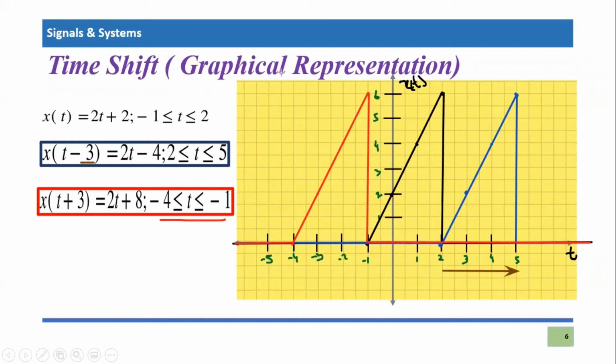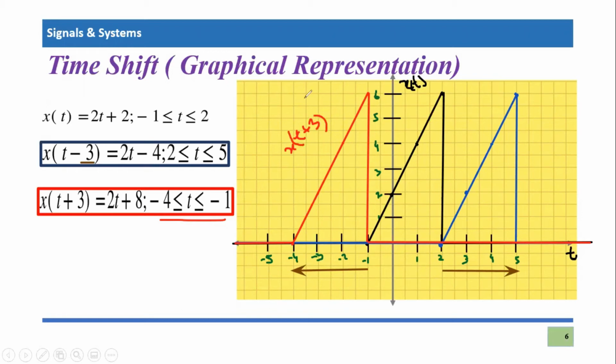So if you compare the signal, the same that we did earlier, you can see that this point has shifted to -1, and this 2 is shifted to this -1. So that means the signal is actually advanced, or it has been produced earlier, exactly 3 units earlier in time. So that is why this red signal is time advanced version, right? So if I'm going to write this signal, this red signal is x of t plus 3, because I'm talking about time advance, right?